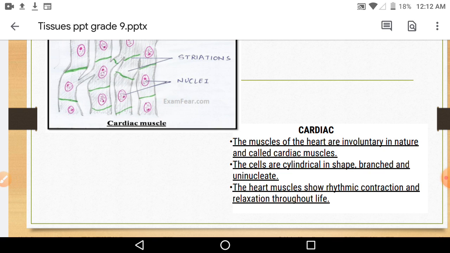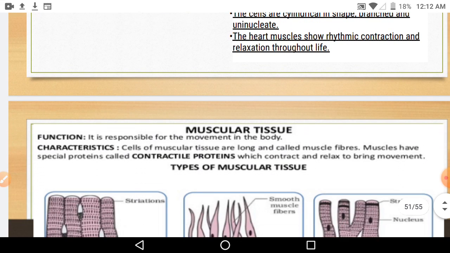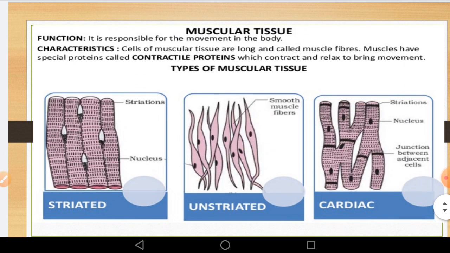So heart muscles relax and contract, and that is why the heartbeat goes on. Okay children, so this is about the cardiac muscles. So here again, the muscular tissue we have is responsible for movement: striated,